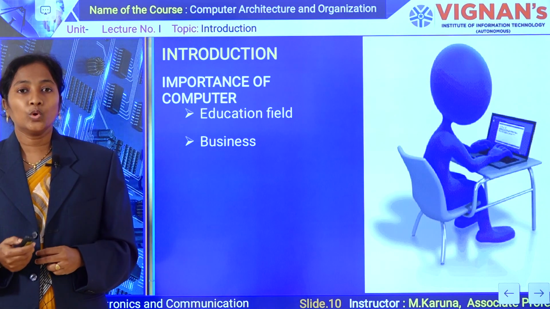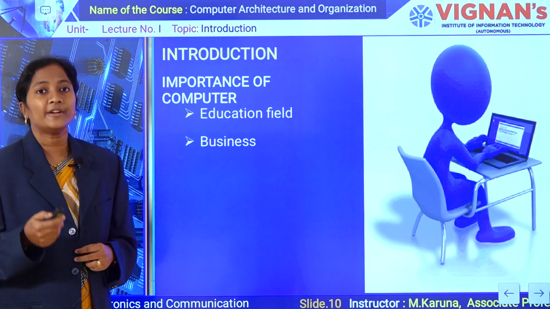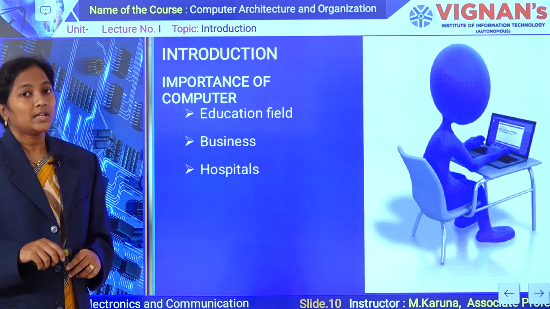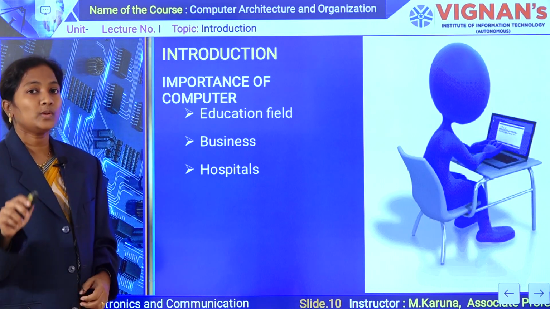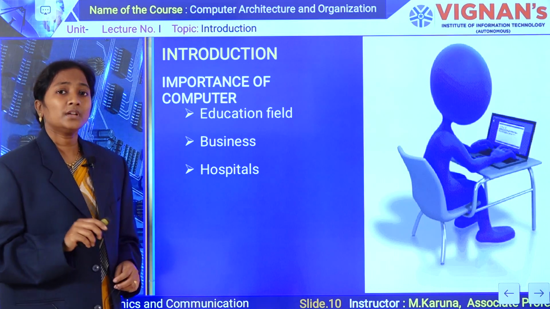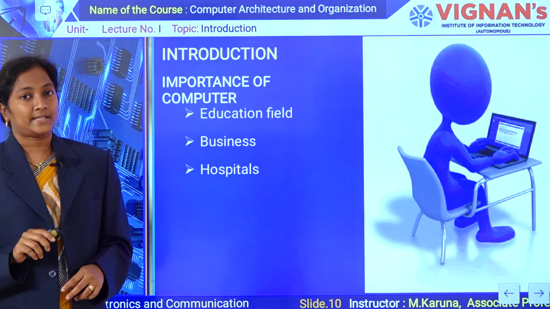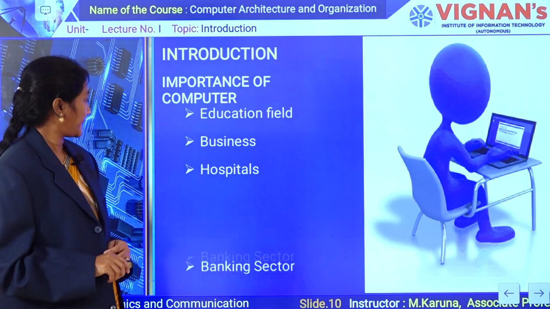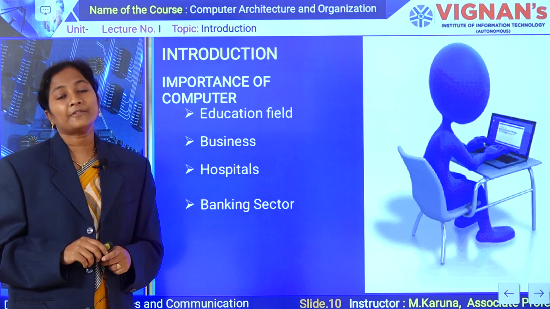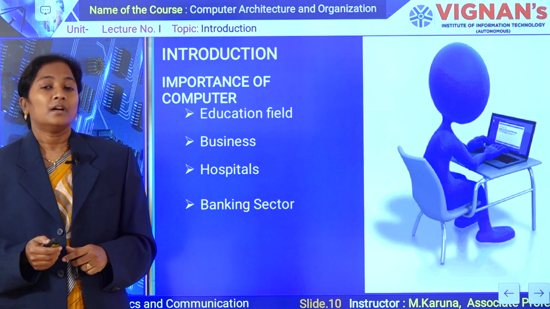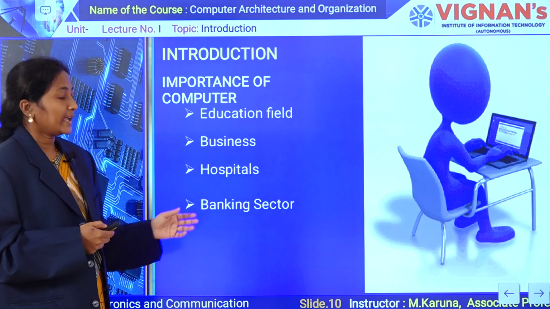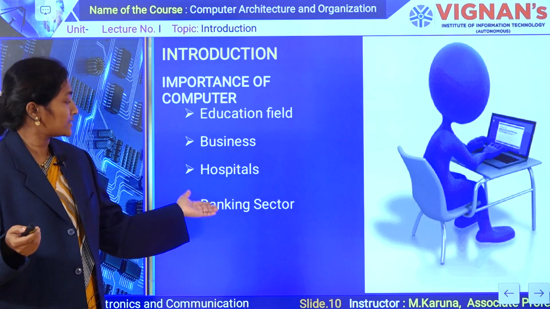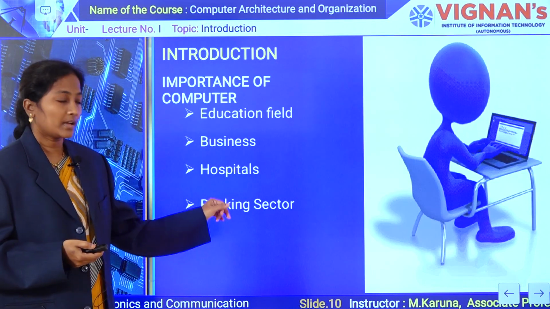For example, Google, Amazon, Alibaba, all web connections are designed by the computers only. Now coming to the hospitals. Computer is a very essential tool in the hospital. It provides the facility to the doctor to maintain the patient's database, and also sometimes computers are used to diagnose the disease of the patients. Coming to the bank sector, with the help of computer through internet, customers can access their banking, and also they can pay monthly bills, and any bills can be paid with the help of this computer.